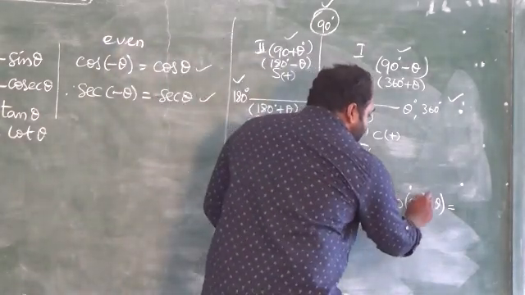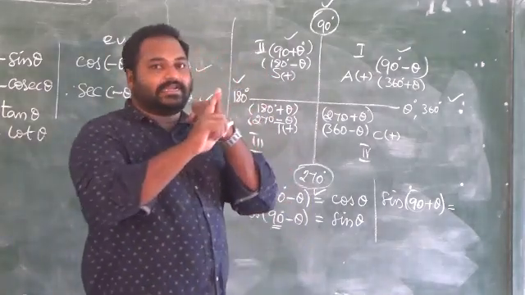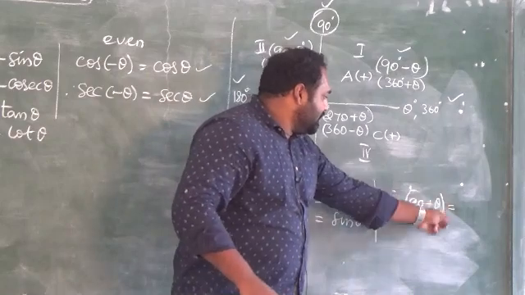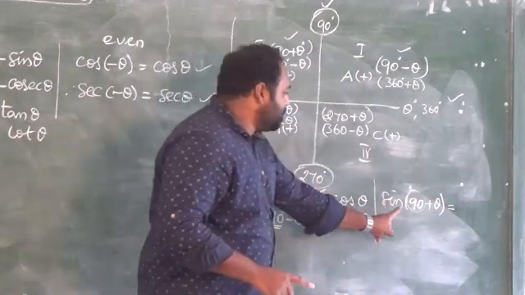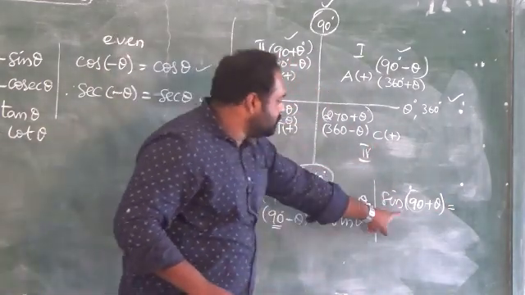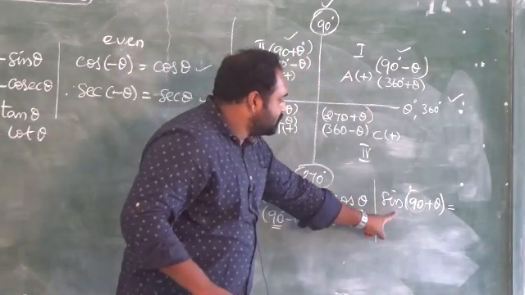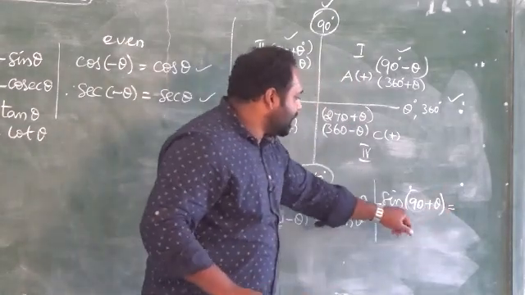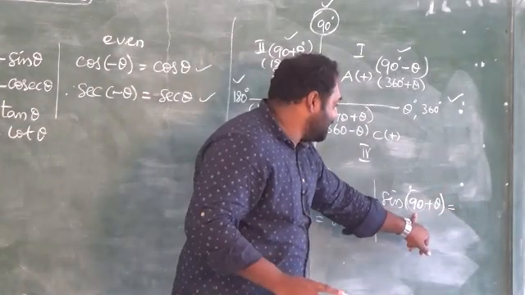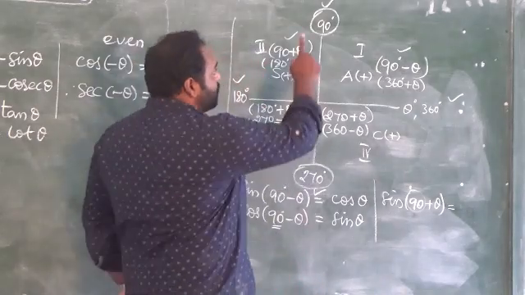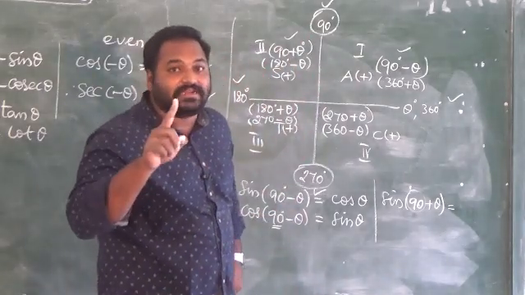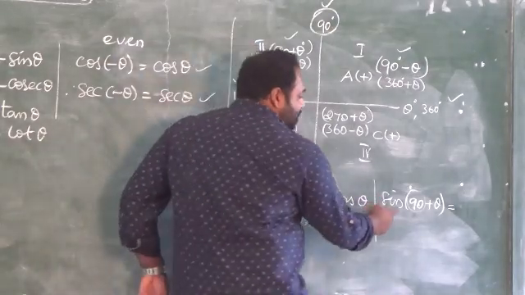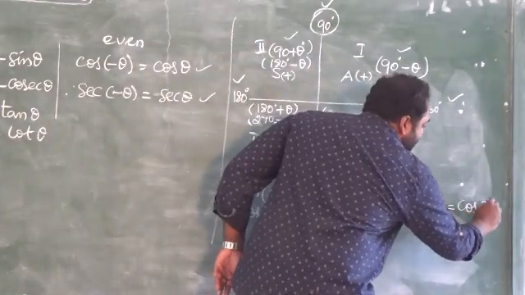Then, for the 90, we have to check the quadrant first, then the value 90 or 270. I first check the quadrant, which is the second quadrant. Sine is positive, so there is no change in the sign. Next, since we have a 90, as I told you already, when you have 90 degrees or 270 degrees, we have to change to the co-ratio. Sine will become cos theta.